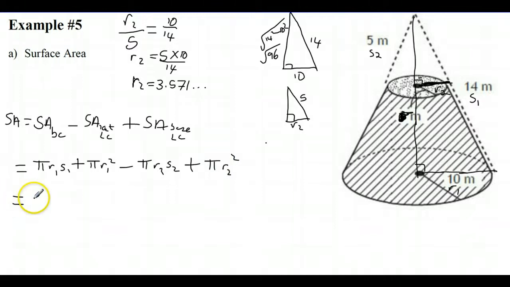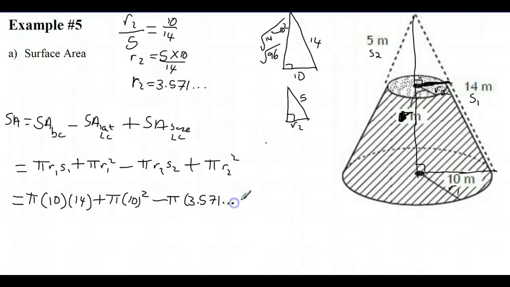Okay, everything's labeled, everything's down here, so we got pi times 10 times 14 plus pi times 10 squared, right? That's the base. So this is a formula for the, if this part wasn't cut off, that would be a formula for the surface area of that entire cone. Minus, and we're going to take away the lateral surface area of this guy, so that's pi r2 is 3.571